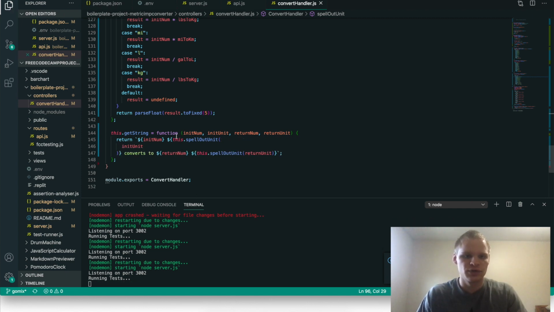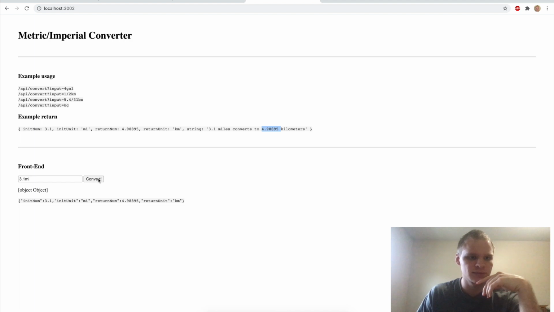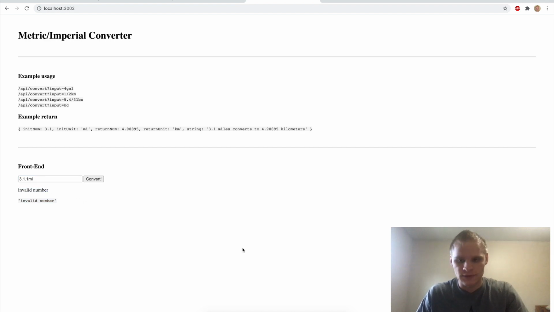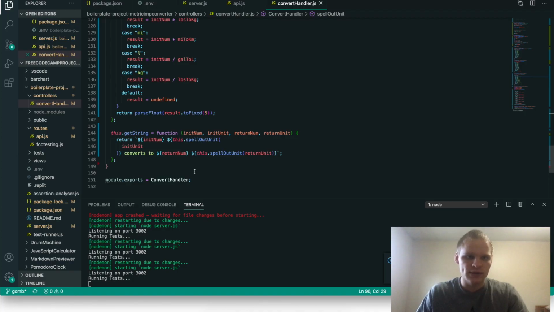When I save it, Prettier will make it into a shorter line. And so now I can test that out too. 3.1 miles converts into 4.98895 kilometers. And that is looking perfect. And if I do 3.1.1, we still get invalid number, and it's working perfectly. Awesome. So yeah, at this point, it should be able to handle pretty much all of FreeCodeCamp's tests, except for